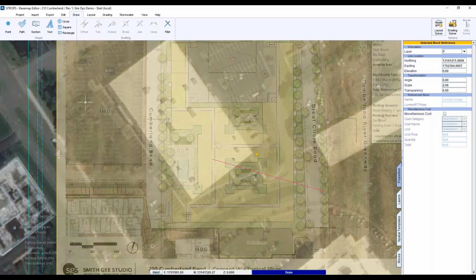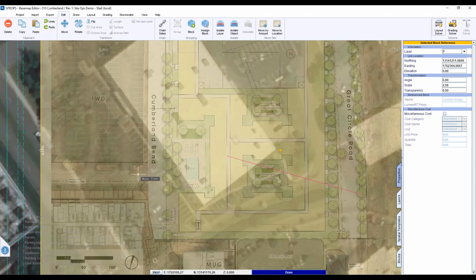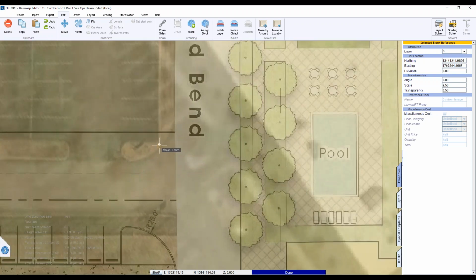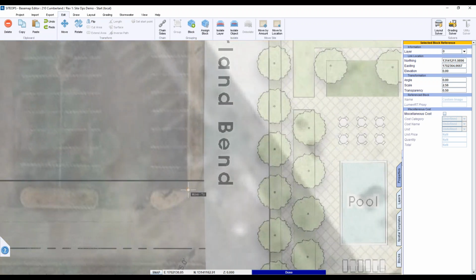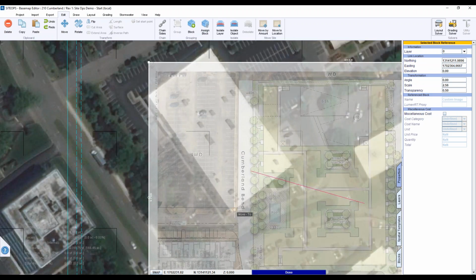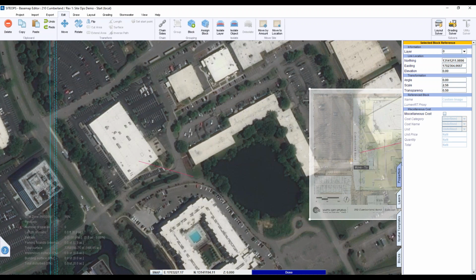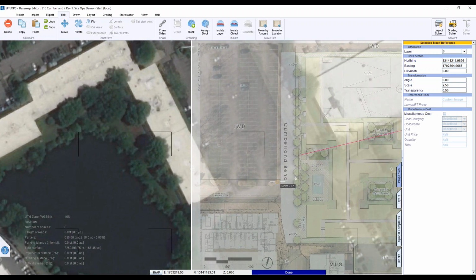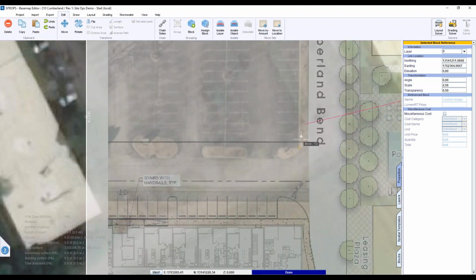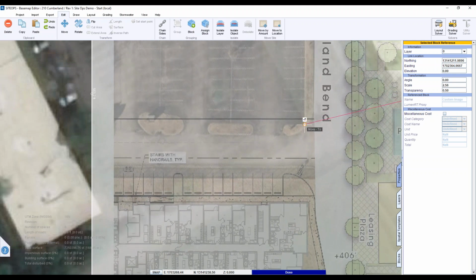So we already got that there. Go to edit, move. I'm going to pick that same point right in the corner of the parking spot. I'm going to move it here. Created one point that's the same.